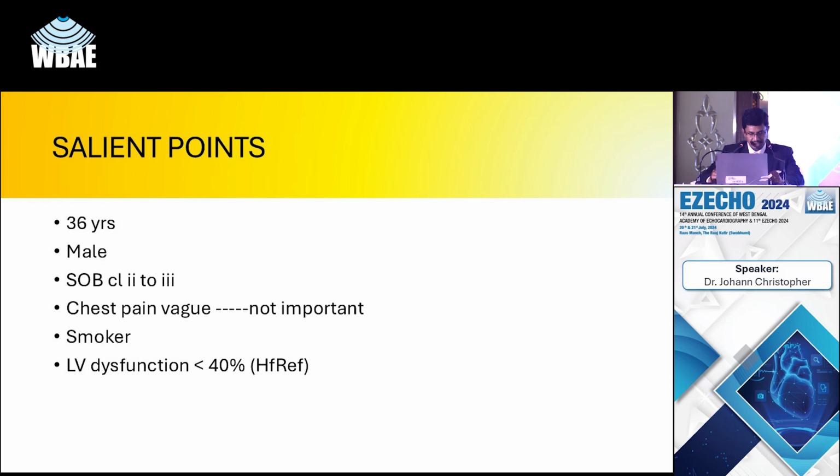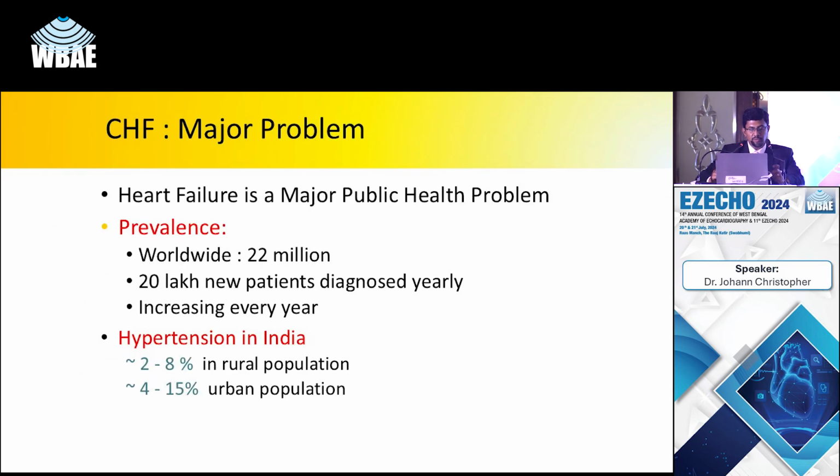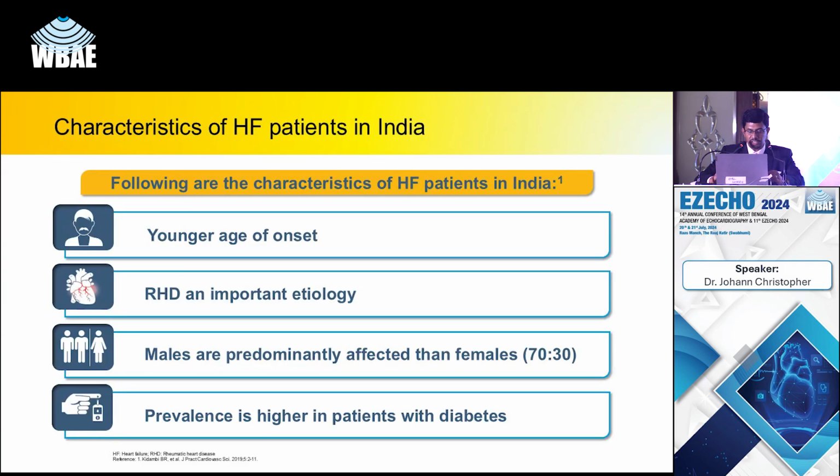And we also have his echo parameters. The LV is dilated. There is borderline LA dimension. And the most important thing is we have an EF, which is 33%, a mild to moderate mitral regurgitation, and a pulmonary artery systolic pressure of 40, with the RA and RV being normal. So this is the short case that we have been given, and let us just dissect it and move ahead and see what we can find.